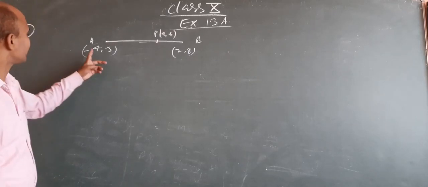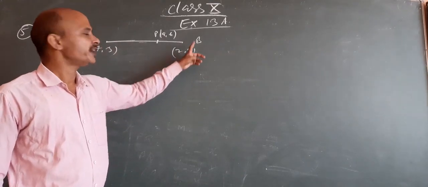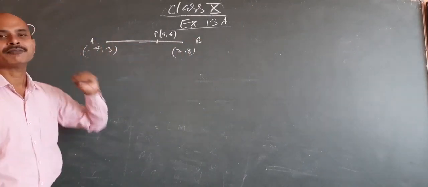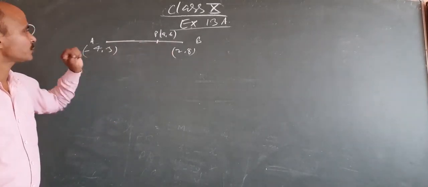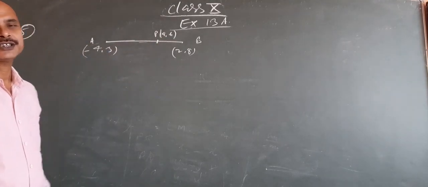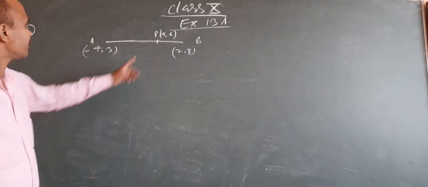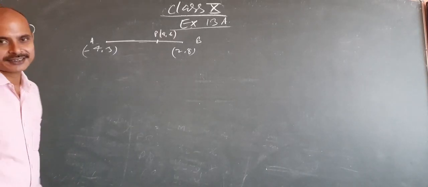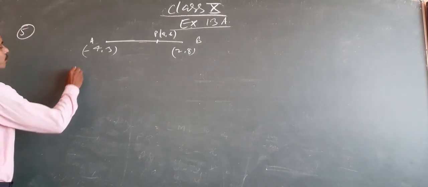Let the point (-4, 3) be A and point (2, 8) be the point B. The points are joined. This is the line segment. After joining the points, P is a point on the line segment whose coordinates are (a, 6). We have to find the ratio in which the line segment AB is divided by the point P. Suppose that P divides AB in the ratio k is to 1.